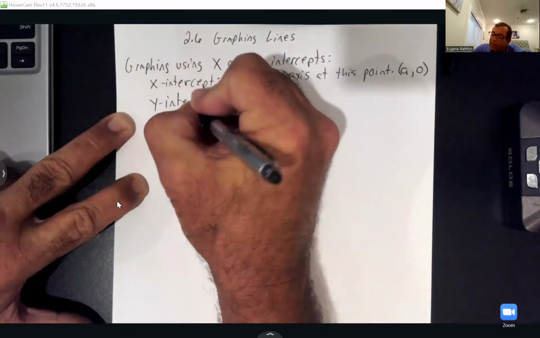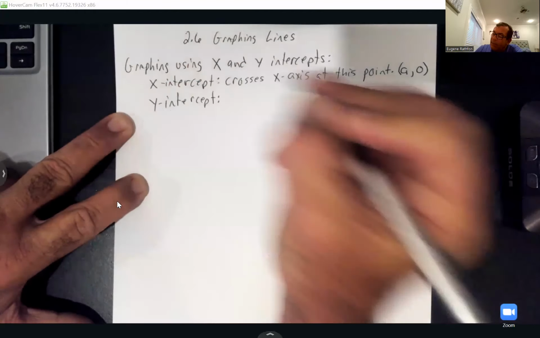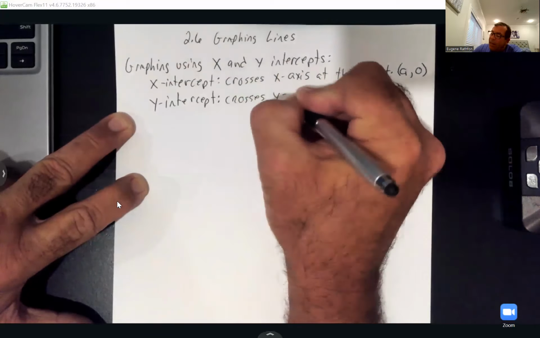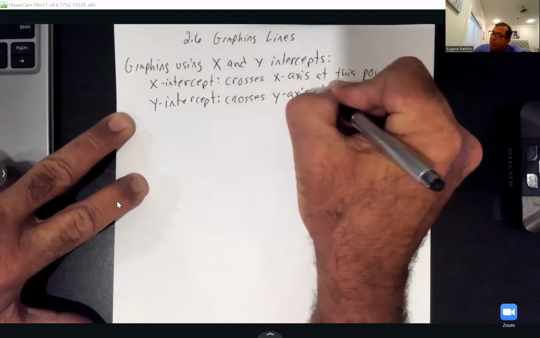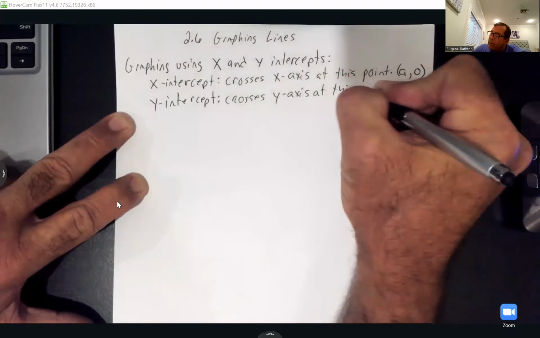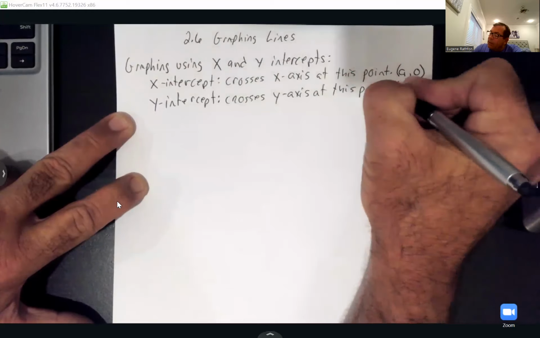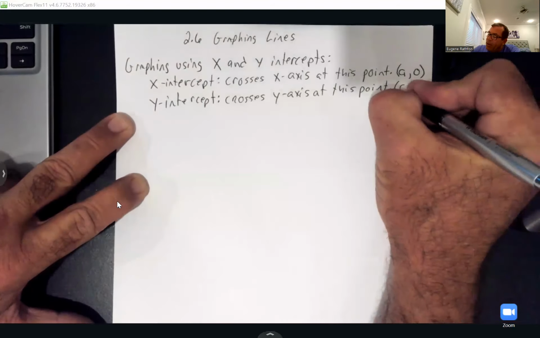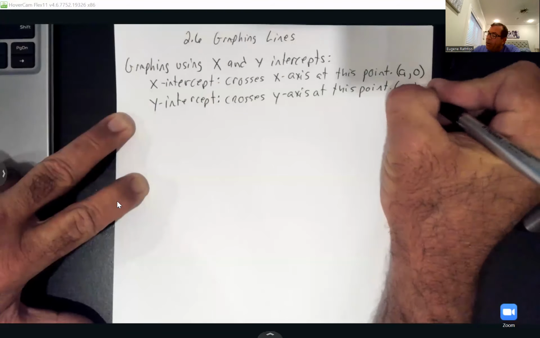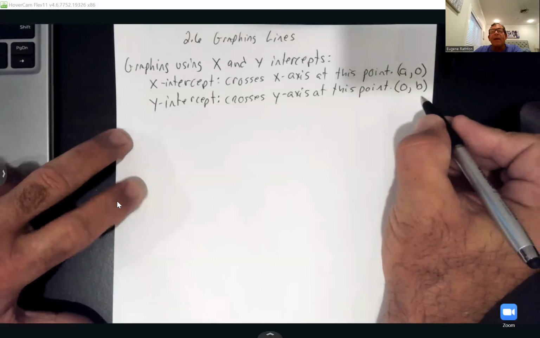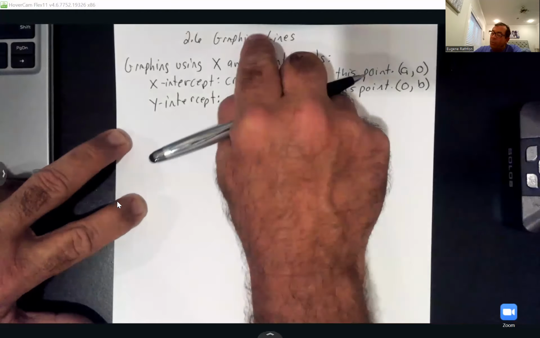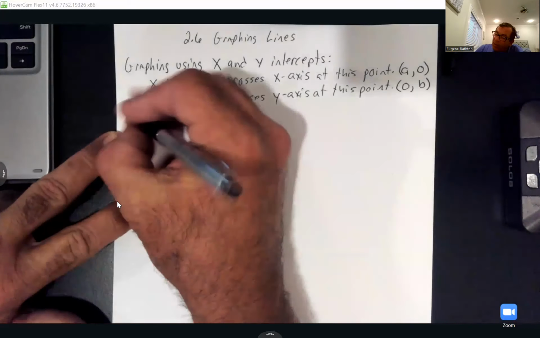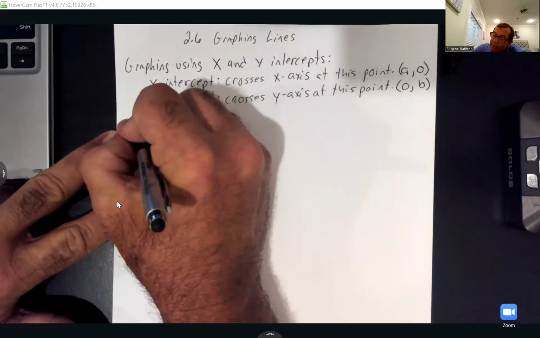So the y-intercept is where it crosses the y-axis at this point. If you're on the vertical line, which is the y-axis, you'll have a 0 for the x value, followed by a y value, okay? So the y value tells you what point on the y-axis you're crossing, okay? So for graphing using the x and y intercepts,